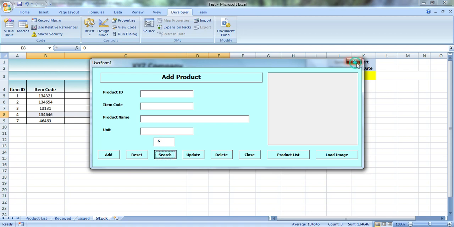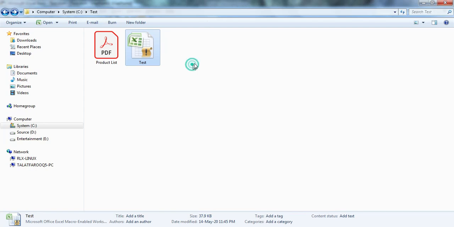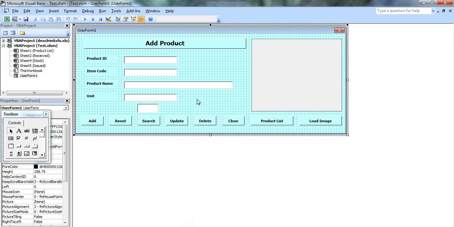Let us see here, this picture is deleted from here as well. So now what we have learned: add button we have done, search button we have done, update is done, and delete also we have done.